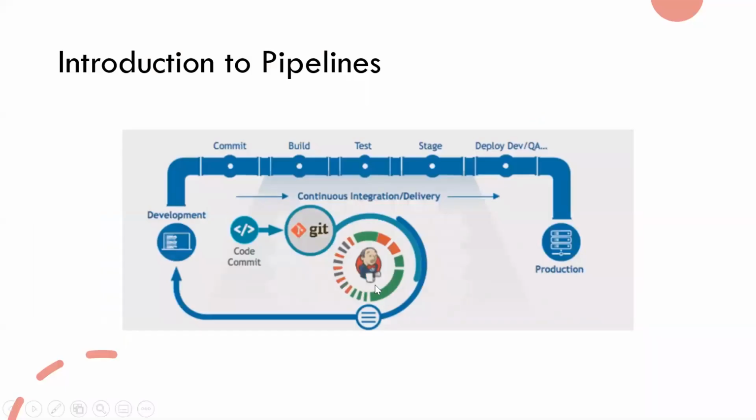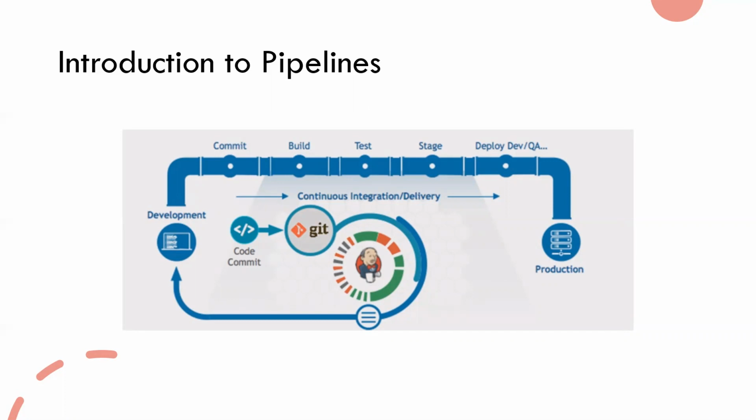Okay. So now, till now, whatever we saw, whatever we did, we did all those things manually. Now Jenkins has a very good concept known as pipelines, which you are going to use in real-time industry. For that kind of concept, when you have to use a pipeline and all these steps, in those kind of scenarios, what you do basically is that you have a set of jobs which are interrelated to each